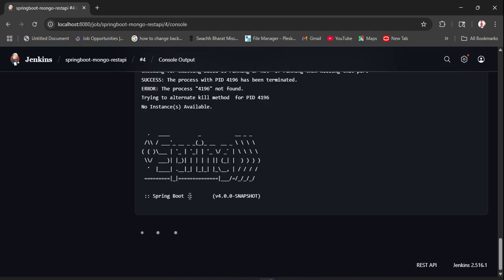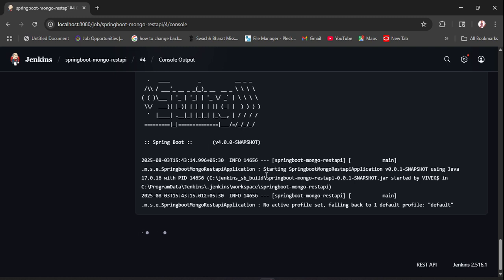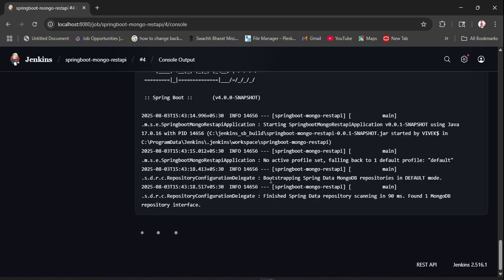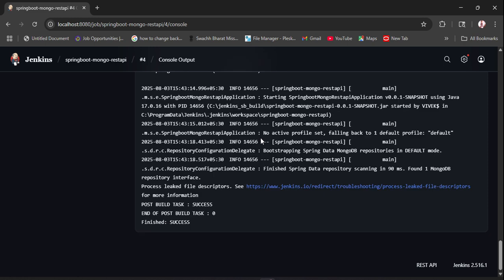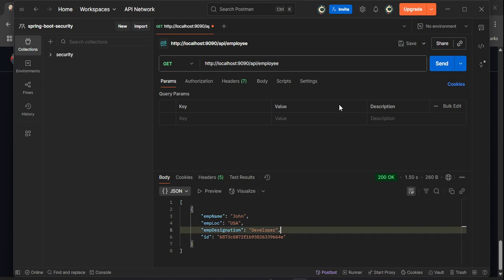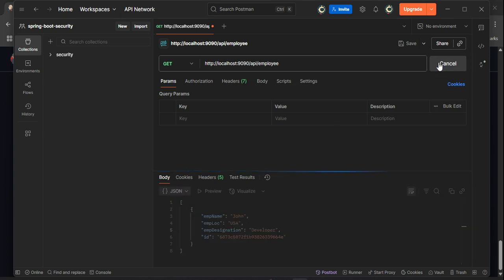It is also trying to kill that one, but no instance is available. So now the application is going up and getting the success response. Also trying to get the data. You will see this data is appearing. So if you want to